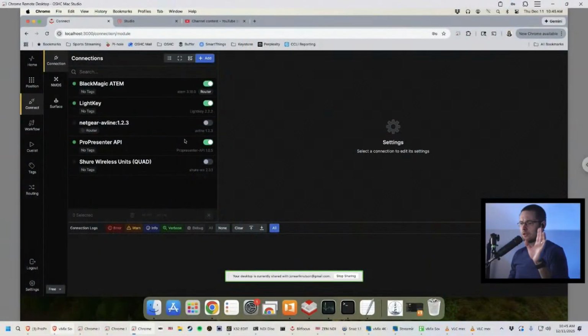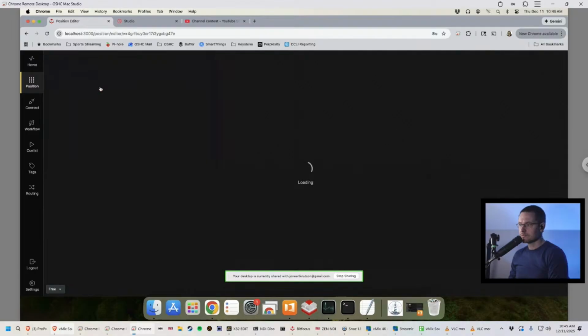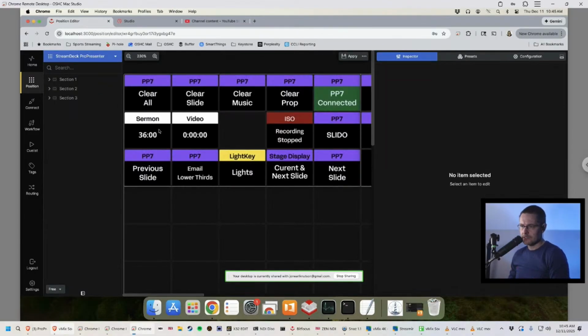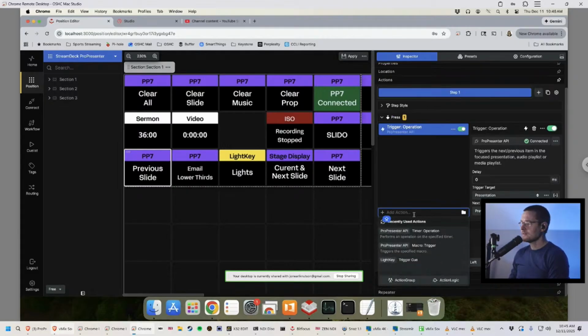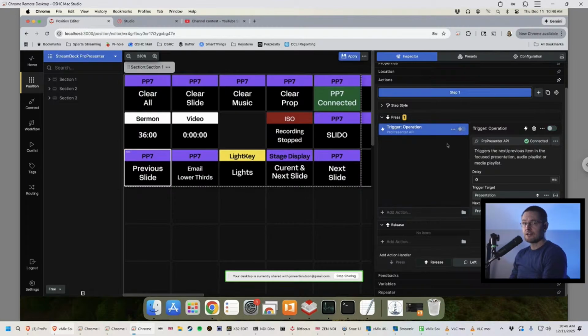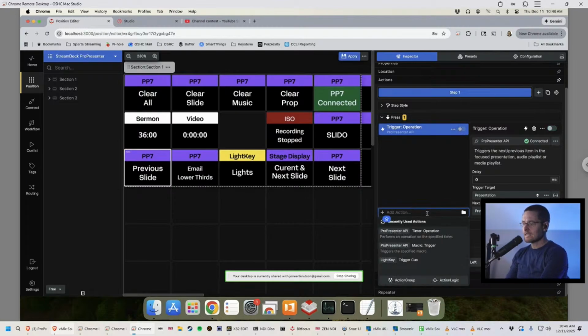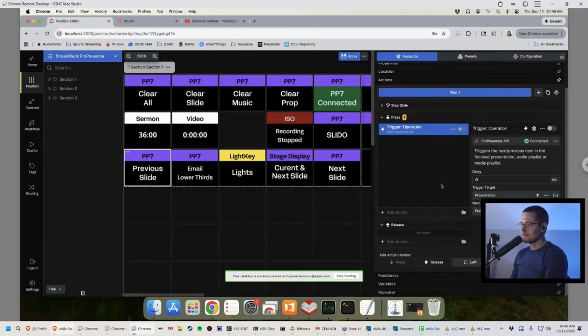Let me show you how I do this here. So you go into the button that you want to use, right? And if I were to hypothetically do this again, I want to say previous slide. What you can do is you can add an action, and all of your previous instructions are here. You can even turn off that functionality on the button and set it up here, trigger operation, and then make sure it looks correct, and then you delete it. You delete the function that you want here, and then you can clean up each of your buttons systematically. It does take time,